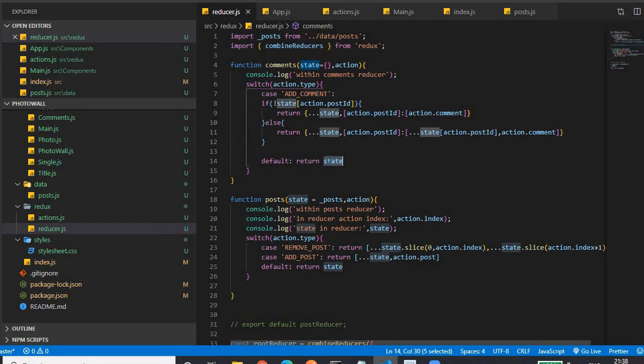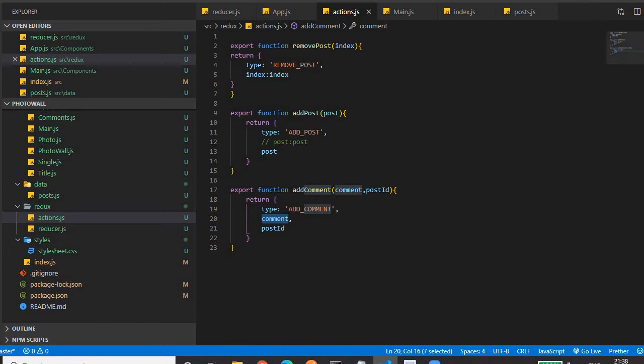Let me summarize again what we have to do. Before that, we can go to the action.js file. We have spoken a lot about actions, so let's see what an action is. It's also a function, with any name of your choice.